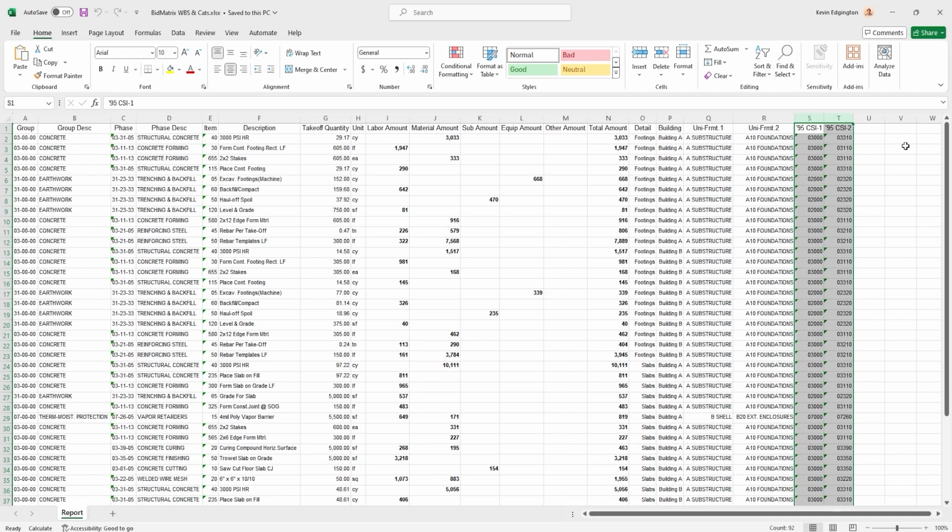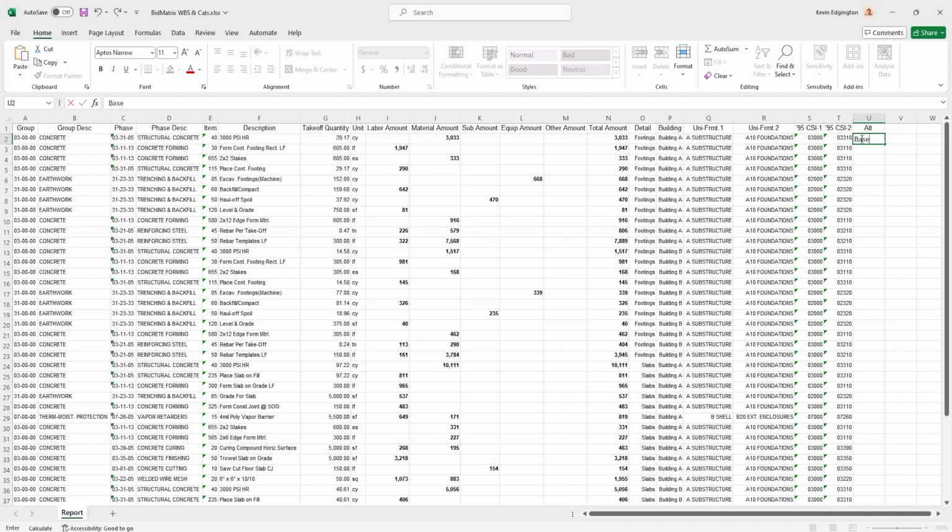Now, with that being said, if I'm going to be using additional columns, when we went through the first import, we used up most of the sections as far as what goes to an alternate, what goes to bid metrics and things like that. And I am going to add one more column here that I forgot about for the alternate, and everything I'm going to do right now is just going to be associated with base bid.